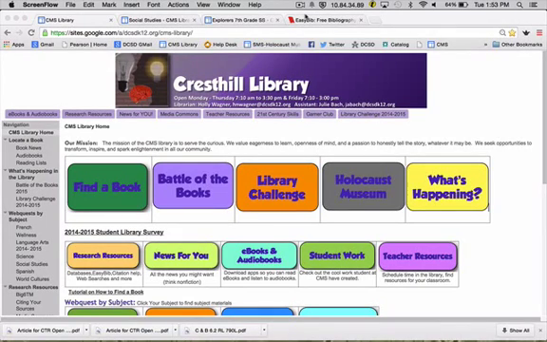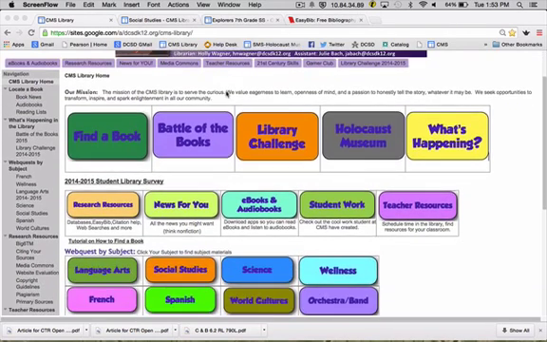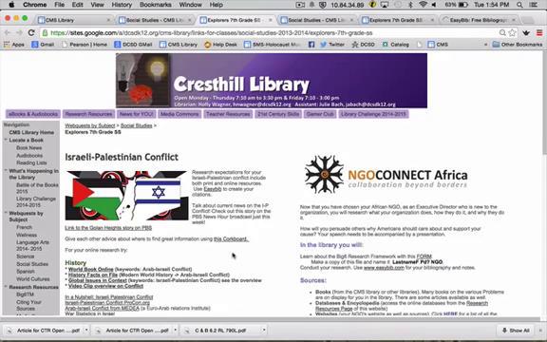The purpose of this tutorial is to review how to cite your sources using EasyBib for your Israeli-Palestinian project. From the library's website, you're going to want to scroll down a little bit and click on the Social Studies button. Once you get to the first screen, you're going to go to Explorers, and this page, the left-hand side